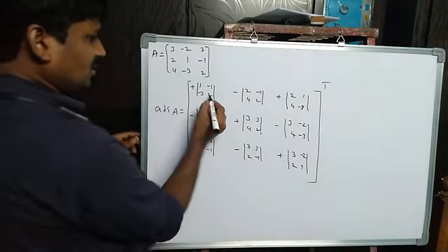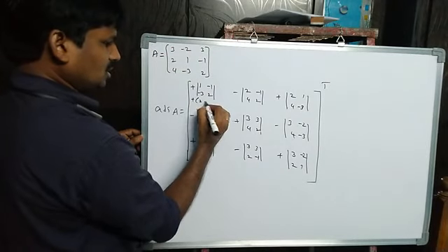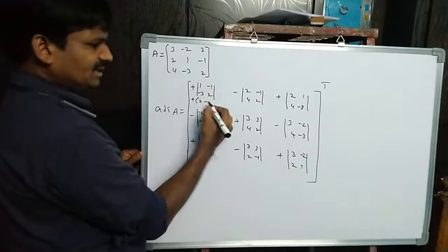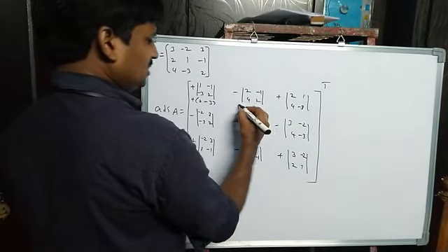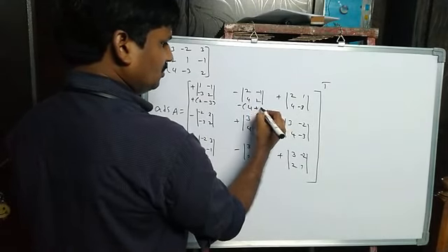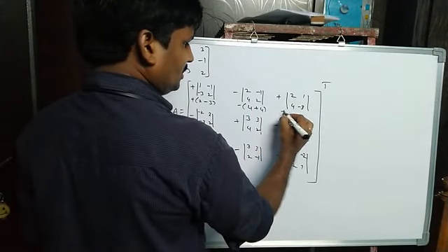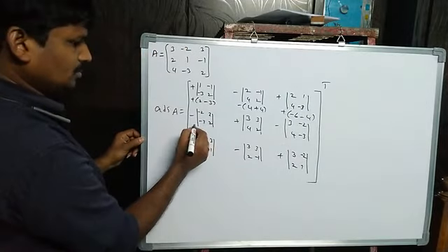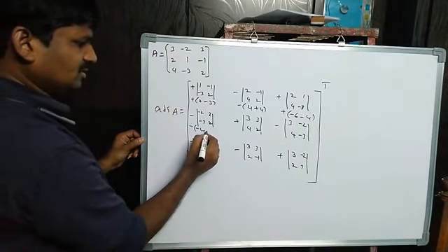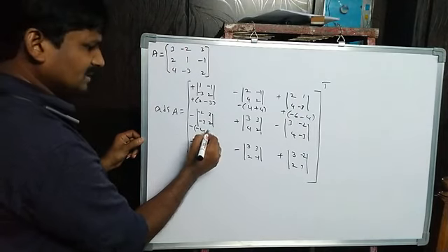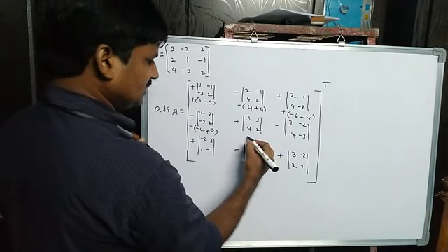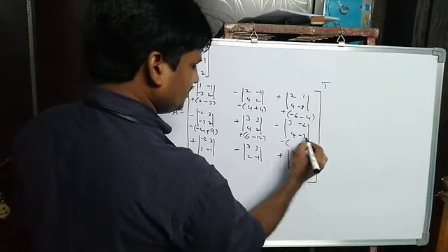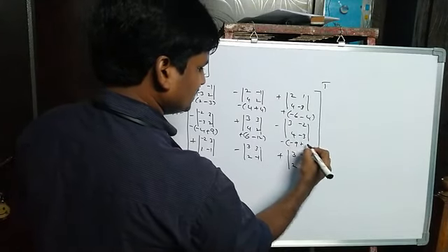Now simplify that. Here, what is the first one? 2 into 1 is 2, plus 2 minus 3, that is minus 1, minus minus plus 3, so minus 3. Next, minus of 4 plus 4 is minus 8. Next plus 3 into 2 minus 6, that is minus 4. Next here 2 into minus of 2 minus 4, 3 3 is 9, minus minus plus 9. 3 2 is 6 minus 12. Next minus of minus 9, minus minus plus 8.